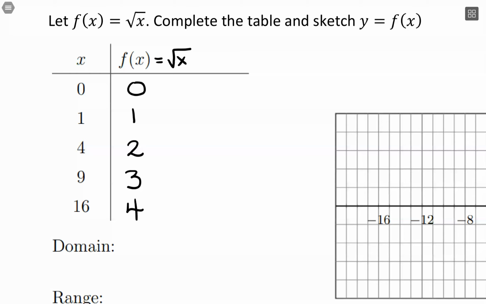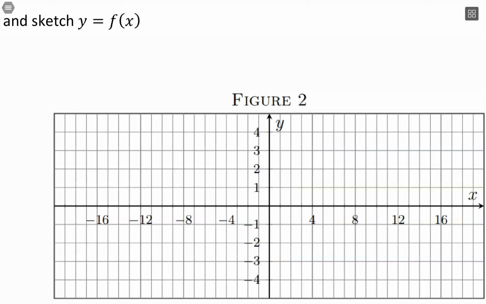Notice the table didn't plug in any negative numbers, and that's because we can't plug in negative numbers. So if I did have this table go back further, what we would see is a bunch of undefined solutions. So our graph starts at 0, 0, and then I can plot our other points. So if we go to our graph here, we have 0, 0, 1, 1, 4, 2,